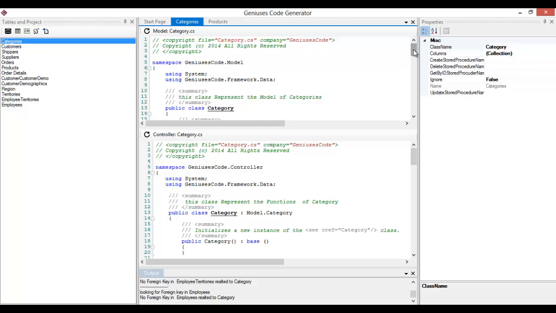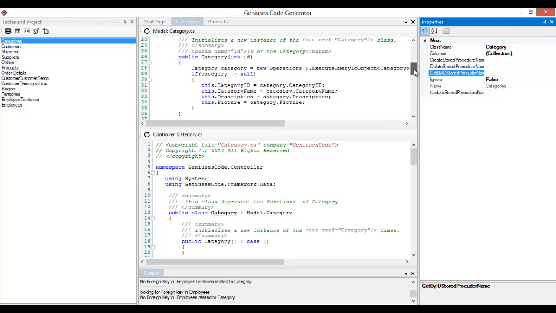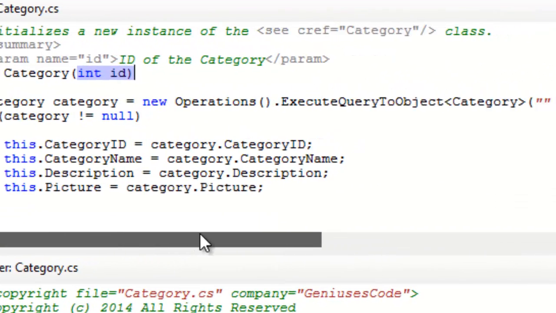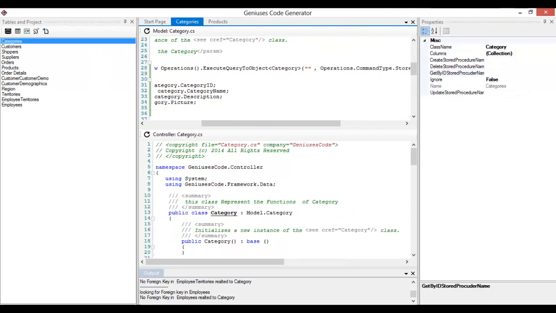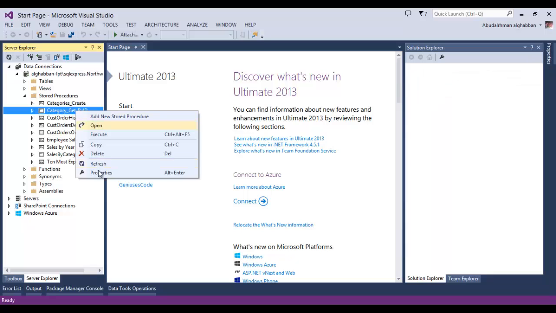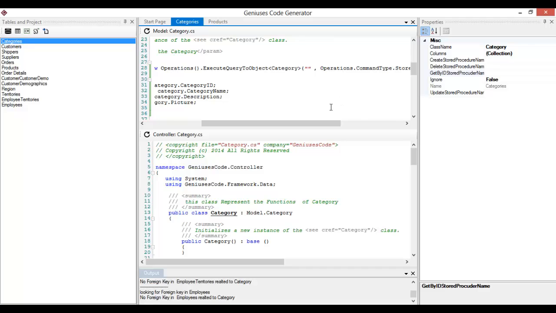One thing also, you may need to update the get ID stored procedure for the model. If I go back to the model, there is a constructor down there taking ID, and it will execute the stored procedure that returns a category by ID. So if I go to Visual Studio here is my category. It's a simple SQL statement: select star from categories where ID equals the ID. So if I come here and say this is down there,